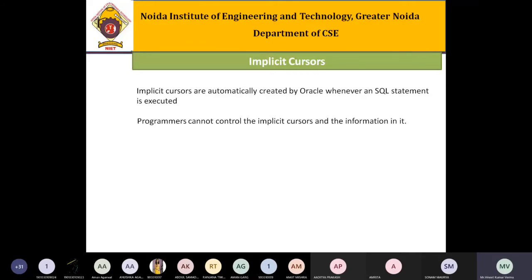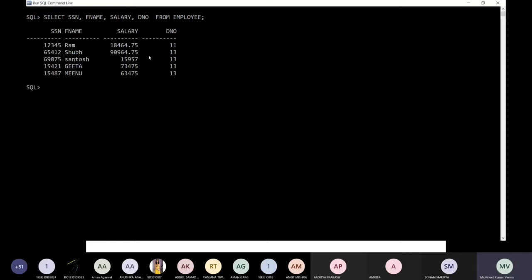You have seen the whole records are displayed at a time because the programmer has no control over it. So in the case of the implicit cursor, programmers cannot control the implicit cursor and the information in it.